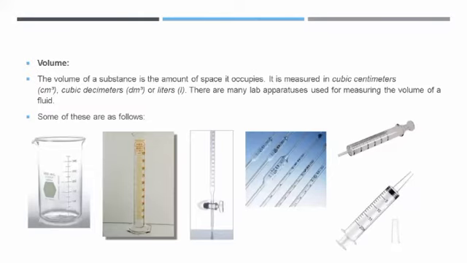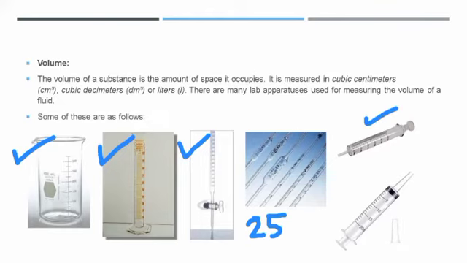We have volume next. So what are the different apparatus for volumes? We have a beaker for measuring approximate values. Then we have a measuring cylinder for measuring it to 1 centimeter cube. Then we have a burette for 0.1 centimeter cube measurements. Then we have a pipette for exact measurements, like you can have a pipette for 25 centimeter cube. And this over here is a gas syringe. Okay, and this over here is a liquid syringe. So these are also used to measure volume.